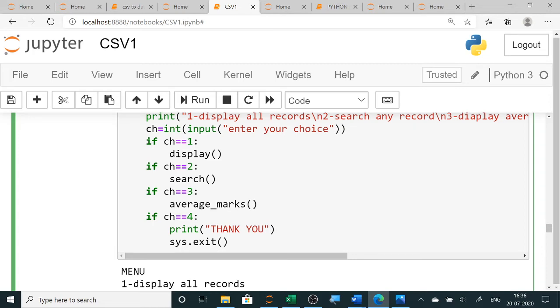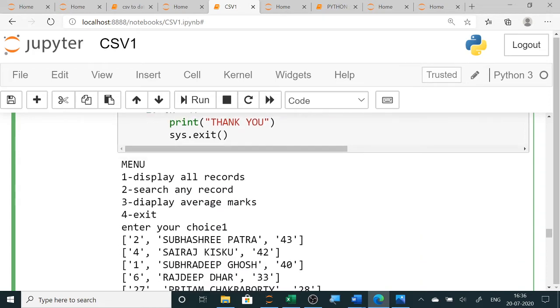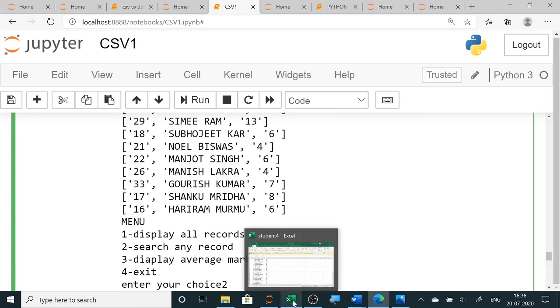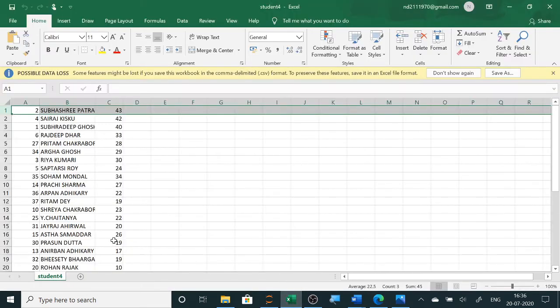So directly also you can see, like here, display all records. You can see it is displaying all the records. Last one is suppose this record. Now I want to add one more record in that. Suppose one more record I want to add. Total 36, 37. One more record. Suppose I am adding here